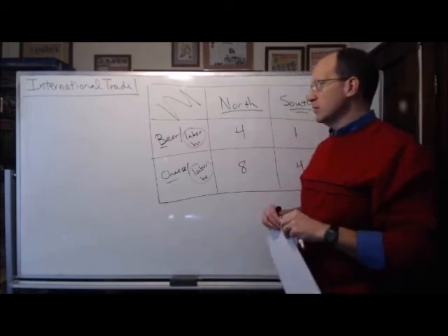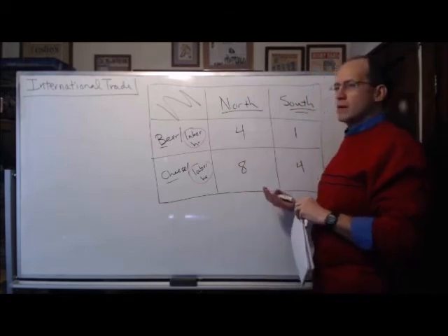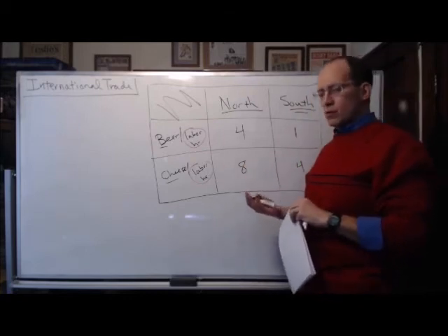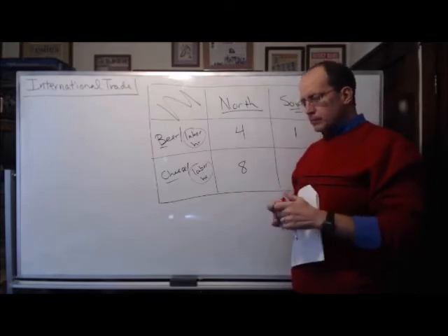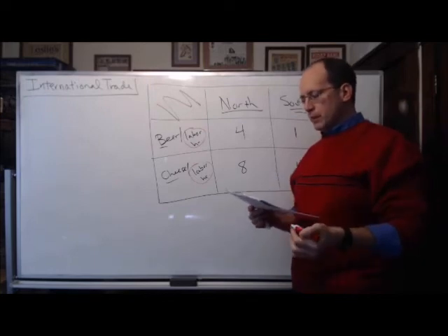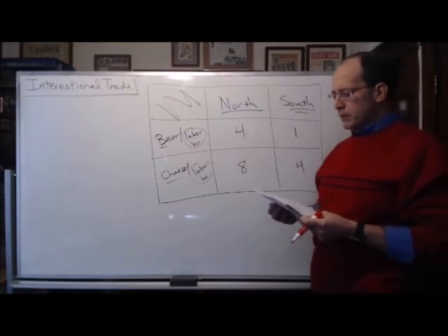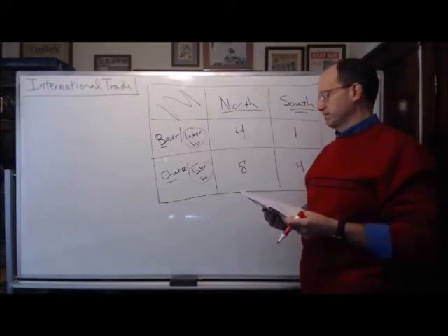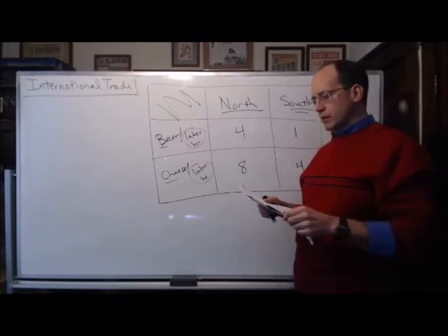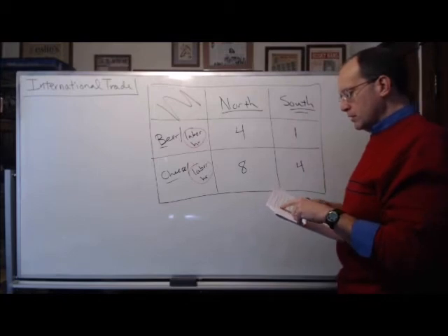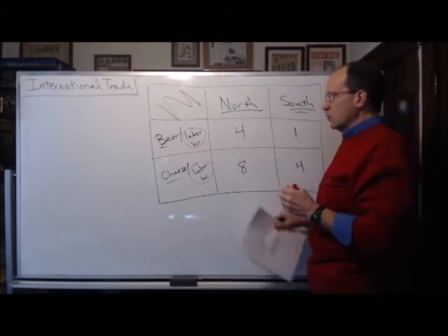So then what we need to do is flip to the next page. I just want to make sure you see what absolute advantage looks like, but what I really want to talk about is comparative advantage, or relative opportunity cost differences. So take a look at what you see on top of page 4. First question, question number 4, says which country has the comparative advantage in beer production? I'm going to let you fill in that blank in just a second, but let's look at the next ones here. The bullet underneath says, what's the opportunity cost? What does the North give up when it produces one more beer?